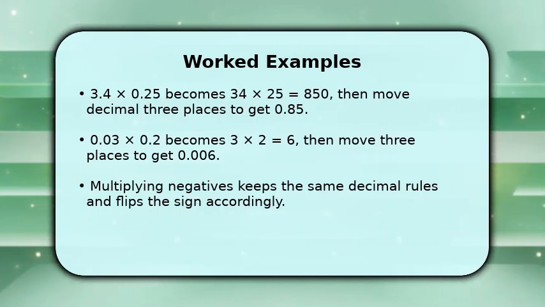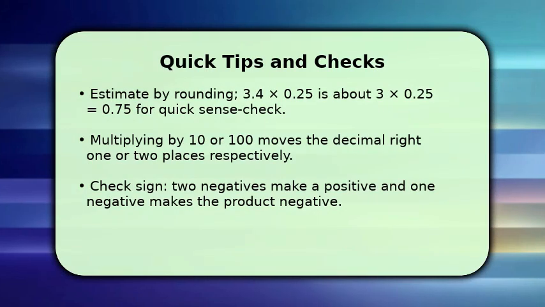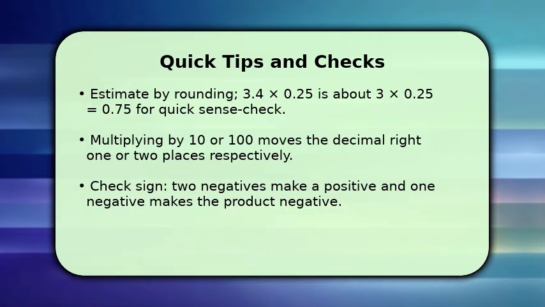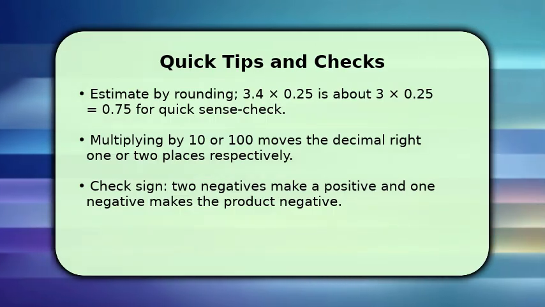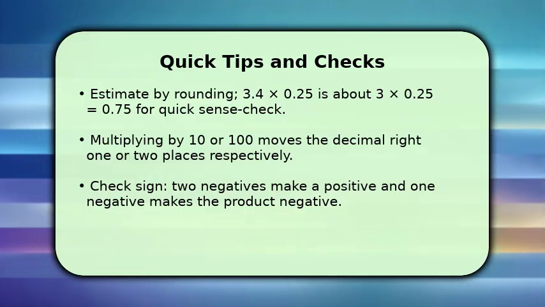For example, round 3.4 to 3 and multiply by 0.25 to estimate about 0.75. Remember that multiplying by 10 moves the decimal 1 place to the right. Multiplying by 100 moves the decimal 2 places to the right for exact shifts. Also check the signs separately. 2 negatives make a positive, and 1 negative makes